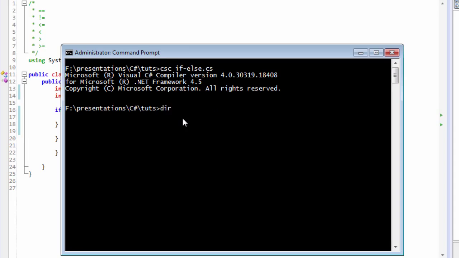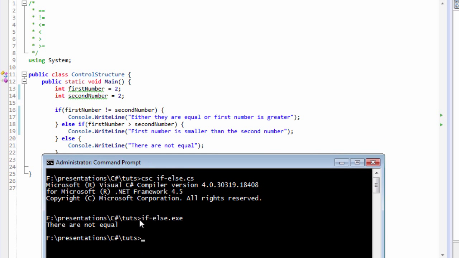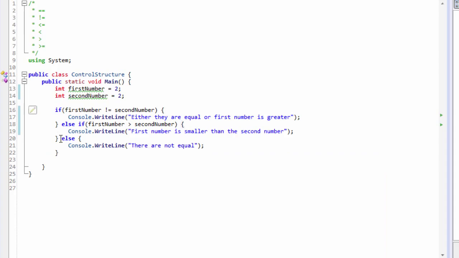Now we can run the executable file. The script tells us that they are not equal. So it's giving us the message from the else clause. Now the else clause is being triggered because likewise